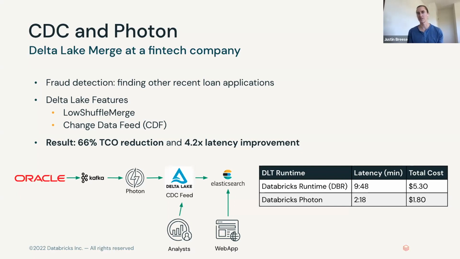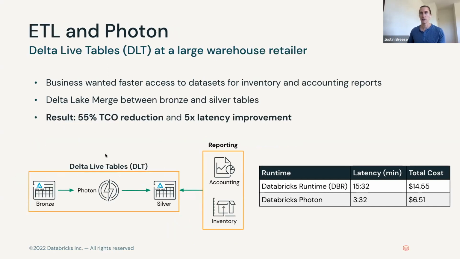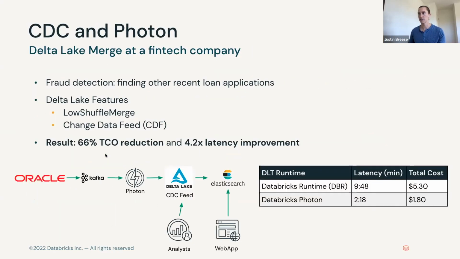And when you use Photon for this, it makes it like a 5x speed up in the merge. So if you're using Delta Lake merge, just use Photon. Being vectorized, it just makes things happen a lot faster. And also within Delta Lake, we are leveraging the CDC feed. And so this allows you to emit the changes to other downstream consumers, for example. And the overall result was a 66% TCO reduction and a